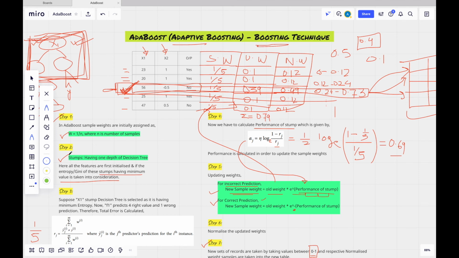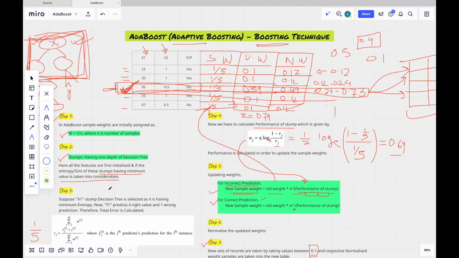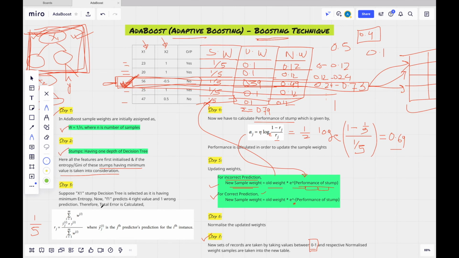The minimum value of Gini impurity is taken, and that tree is taken into consideration. Thirdly, we'll calculate the total error, which is given by the summation of weights of incorrect predictions.